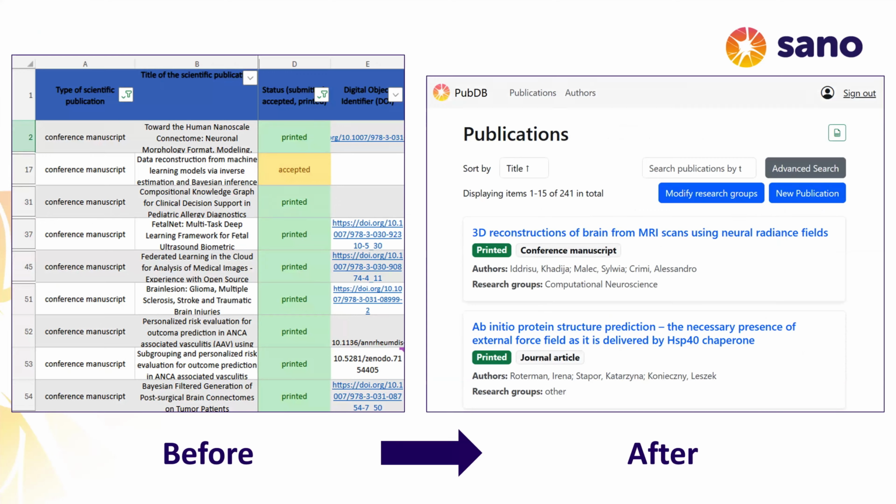So there were a lot of columns, and it wasn't really clear which columns are obligatory, which are not obligatory, which are for the moderators, and we should not touch them as simple researchers. So it was quite a confusing experience to use it, but now we have our PubDB application, which provides a convenient